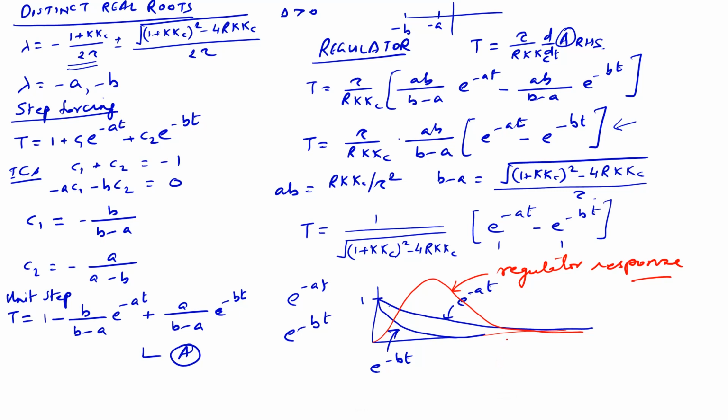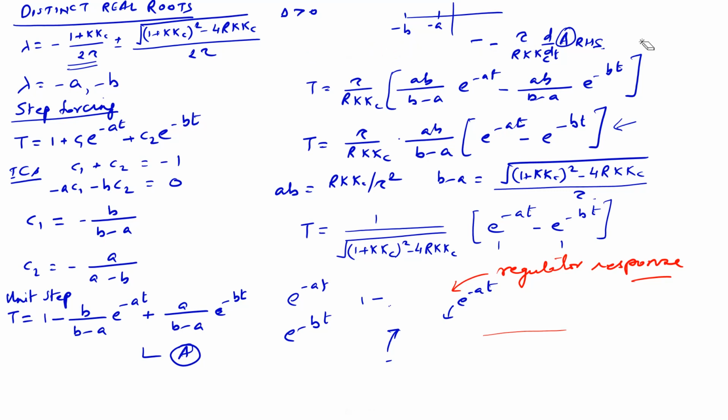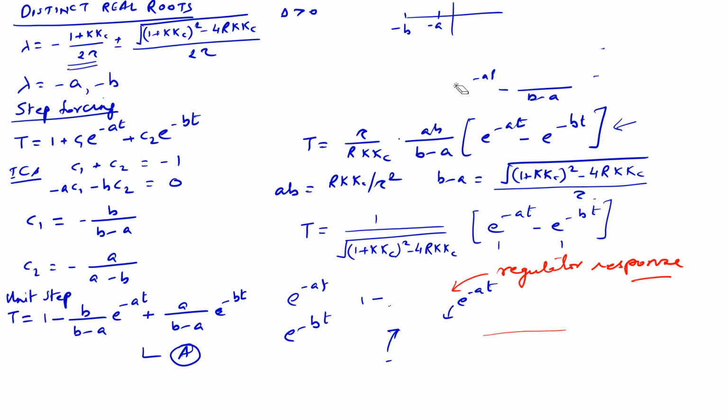Okay, so that's that. Now let's look at the servo response. The servo response will be obtained as tau by r times the derivative of the right hand side of equation A plus the right hand side of equation A,